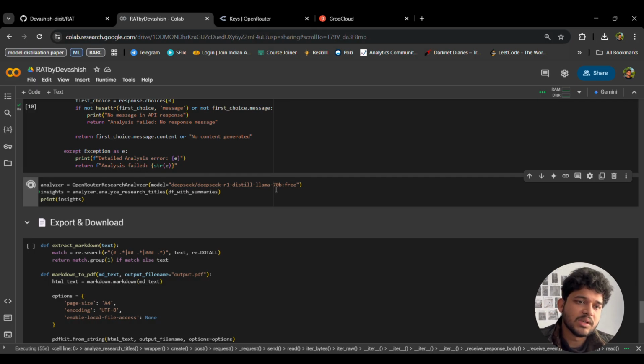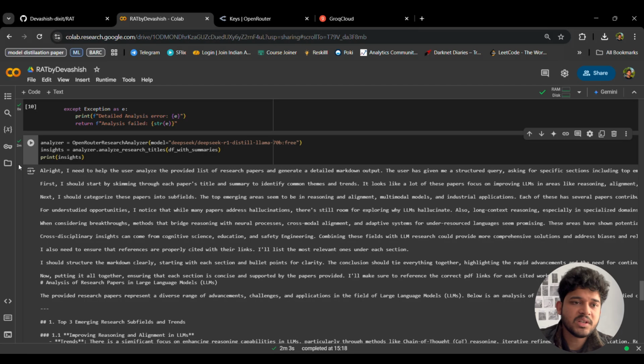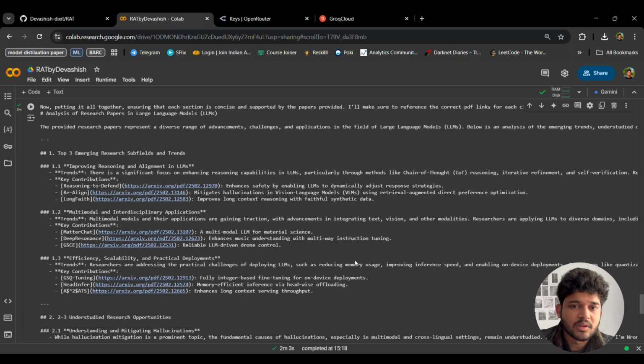So let's see, here it is running. It stores the extracted knowledge in the insights string as a string, which is in the form of a markdown, which we'll be using to export and download as a PDF. But let's generate it first. As you can see, the insights of that were